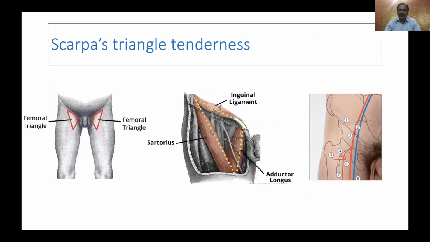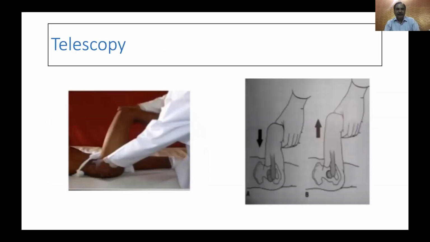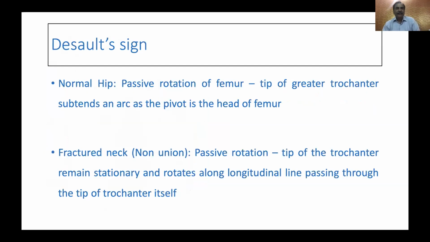There could be a Scarpa's triangle tenderness, though it's very uncommon in a non-union or a neglected fracture. And all of you must know about the Bryant's triangle, which shows the supratrochanteric shortening. The telescopy is quite likely to be elicitable in a resorbed neck. And of course, the Trendelenburg sign, which has been so nicely demonstrated by Dr. Sudhir Kapoor. There's a Dassault sign, which means that if you try to rotate the thigh,